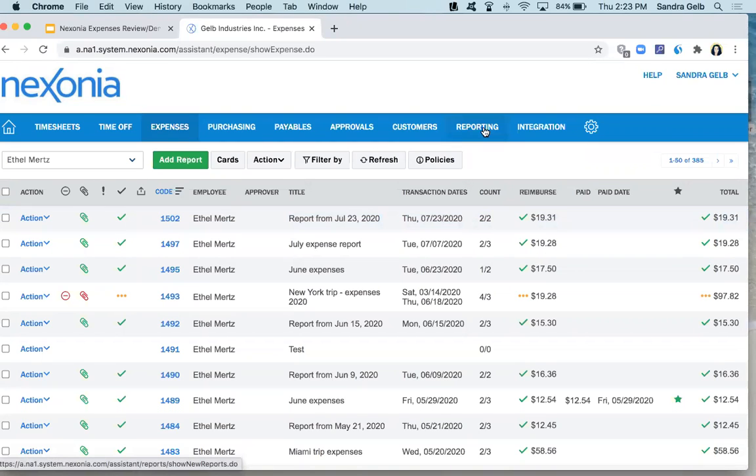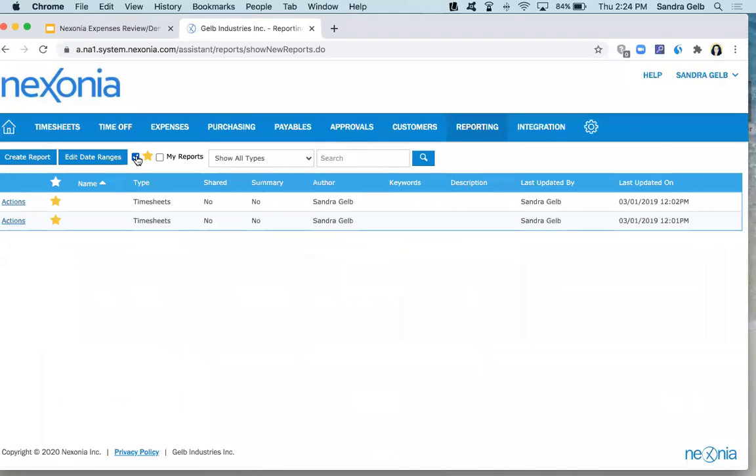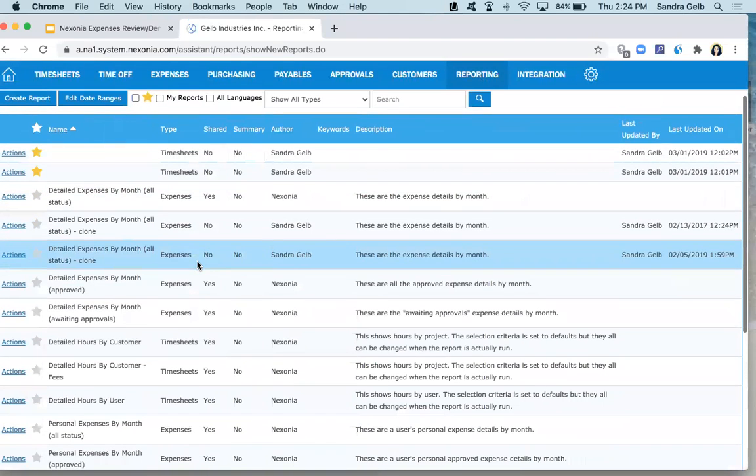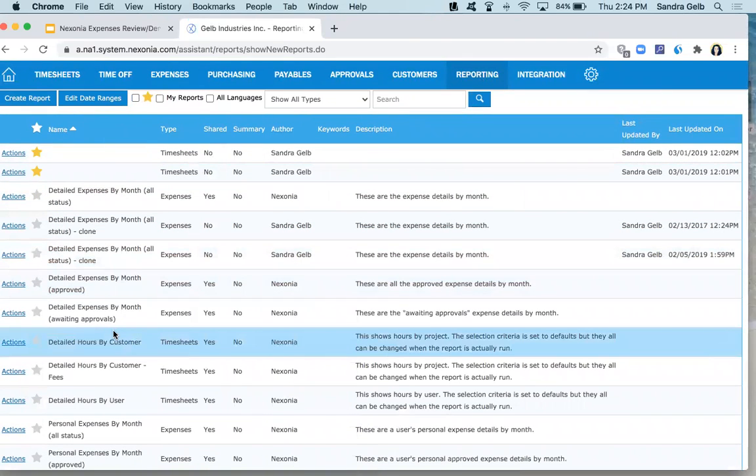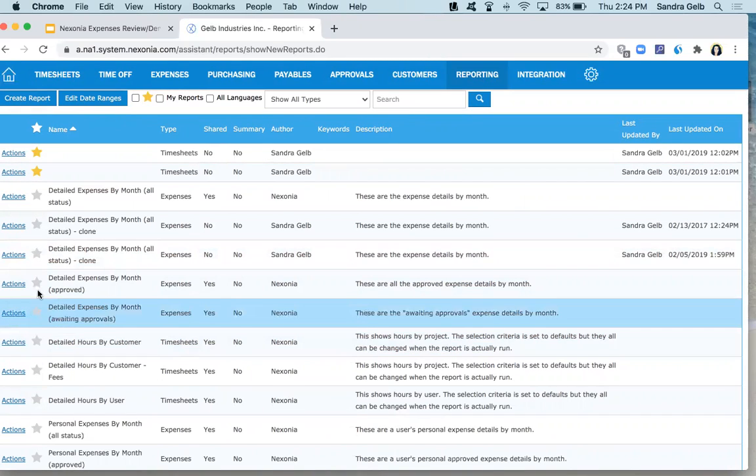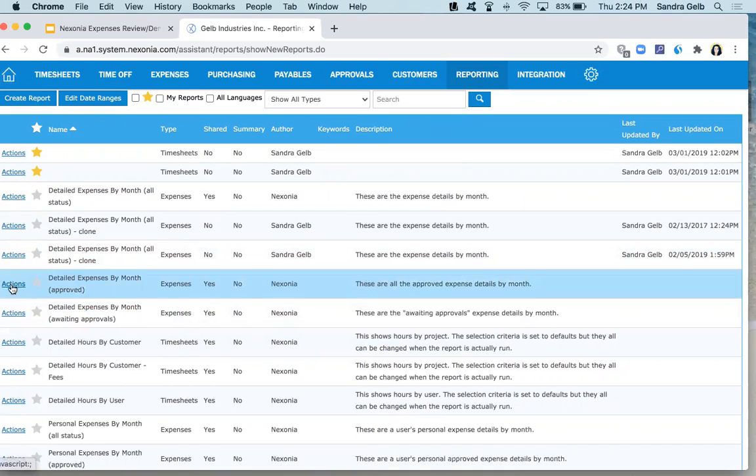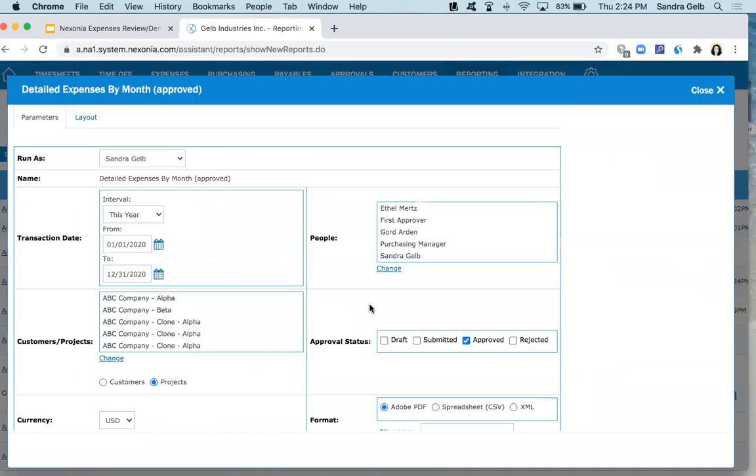Lastly, I'll just mention our reporting tab here. Any of the data that is in the system can be reported on and can pretty well be sliced and diced in any way. We have a number of standard reports, but you can customize and create reports, and reports are all included as well. If we go ahead and run this report here, detailed expenses by month,